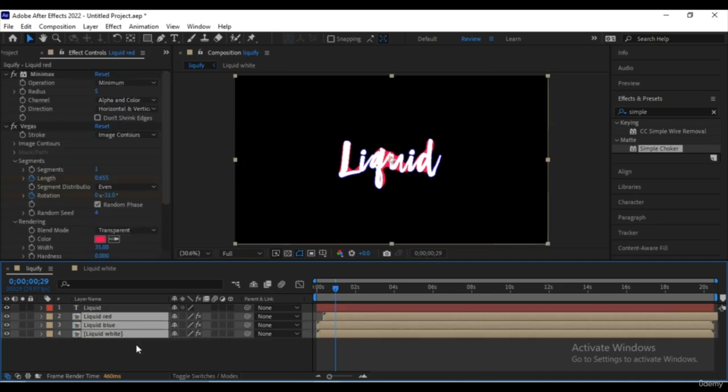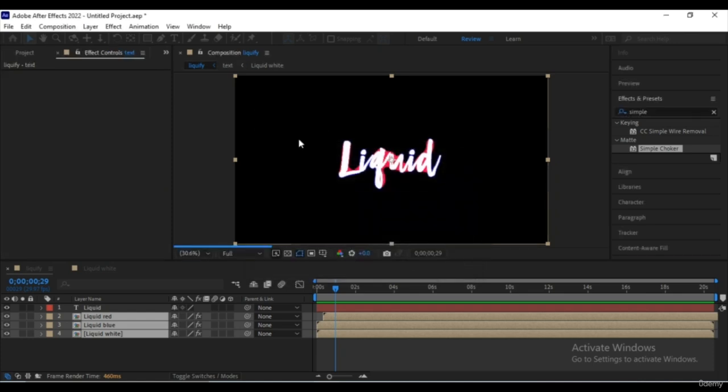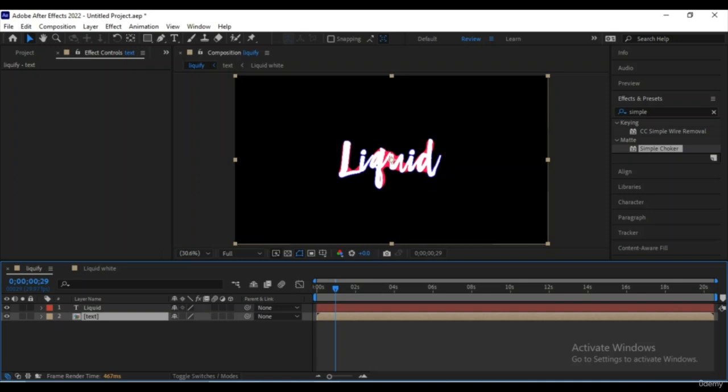Select all of these 3 composition layers by pressing Shift on your keyboard while clicking from the red layer until the white layer, and press Shift Ctrl C on your keyboard again, and make sure to move all attributes into the new composition and type text like this.